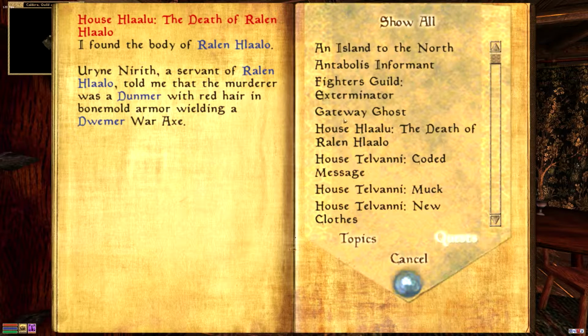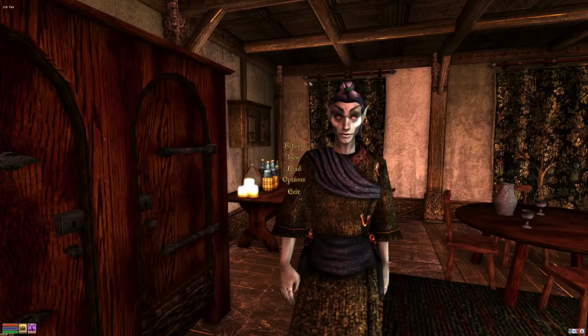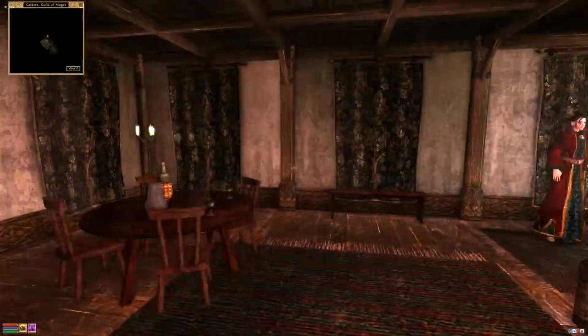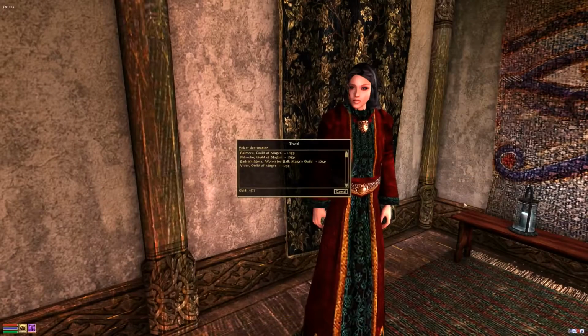Gateway Ghost, Fighters Guild Exterminator, Antabolist Informant, Island to the north. Gateway Ghost. What is Gateway Ghost? Ghosts haunting the south turret bed chamber at the Gateway Inn. When someone drives it out, it comes right back. Oh, that's right, okay. That's not that big a deal. That seems like a minor side quest. Who knows though, it could lead to something very deep. I don't know. Travel to...